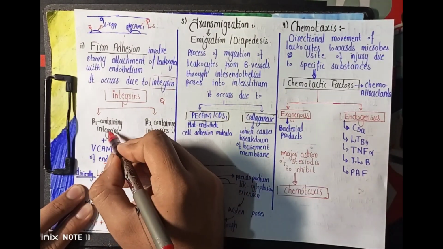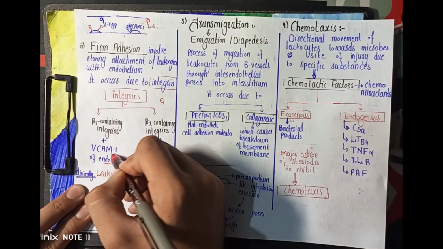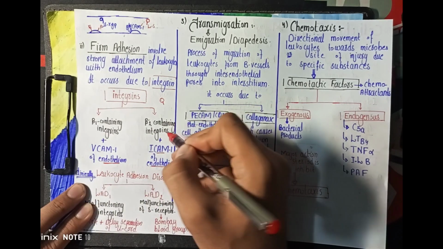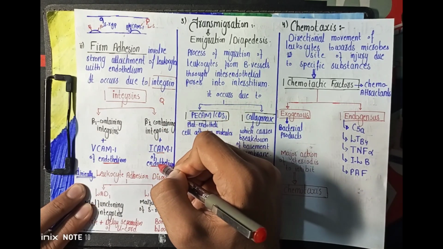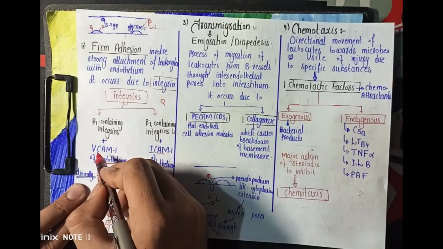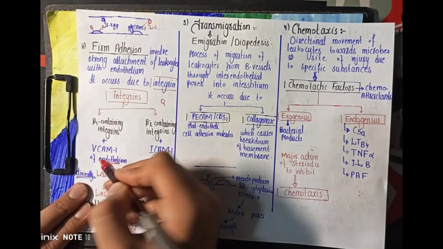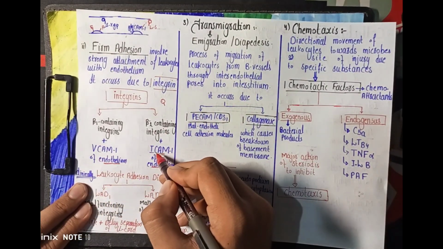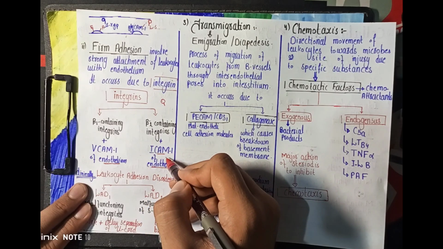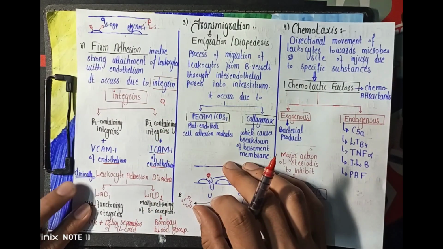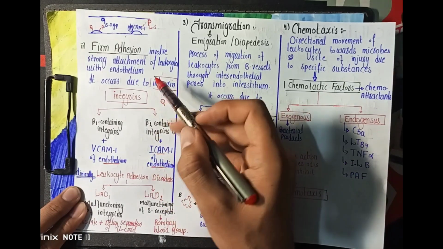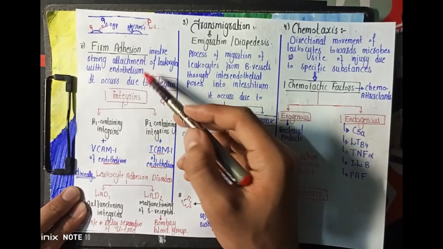The beta-1 containing integrin complements with the VCAM molecule of the endothelium, whereas the beta-2 containing integrin complements with the ICAM molecules of the endothelium. VCAM stands for vascular cell adhesion molecule, present on the endothelium, whereas ICAM stands for intercellular adhesion molecule, which combines with the beta-2 integrin molecule, and they lead to the firm adhesion of the leukocyte with